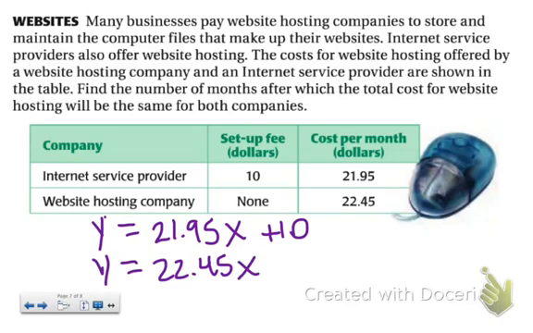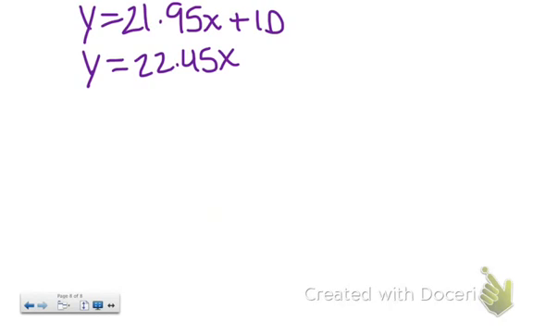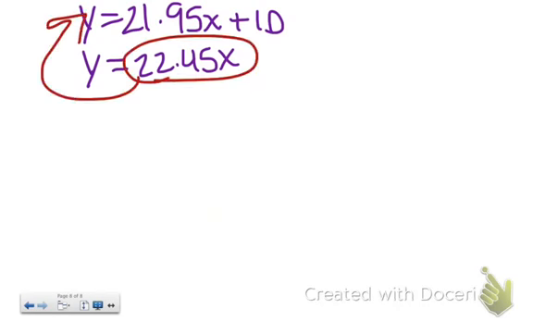So now we need to solve it. Well, this time it's actually convenient because both are written in slope-intercept form, so we can substitute one in for the other. Now, since they're both equal to y, we're actually just going to set them equal to each other. So it's kind of like taking this part, plugging it in for that y. So it becomes